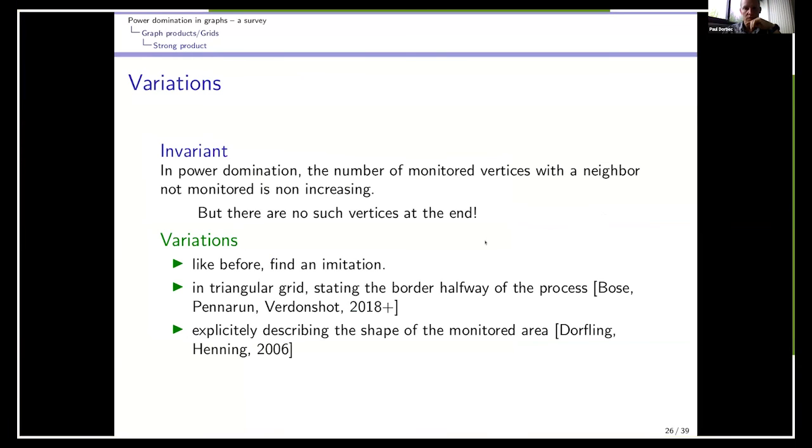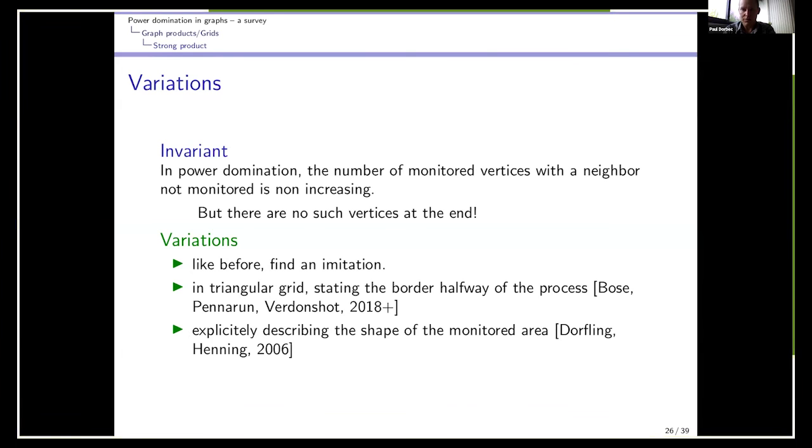And the problem is that at the end of the process, usually you don't have any vertex with a neighbor not monitored. So you can do variations on this. You can either find a limitation of these arguments where you have some vertices which remain in the set. So both Pennarun and Verdon-Schott in 2018,